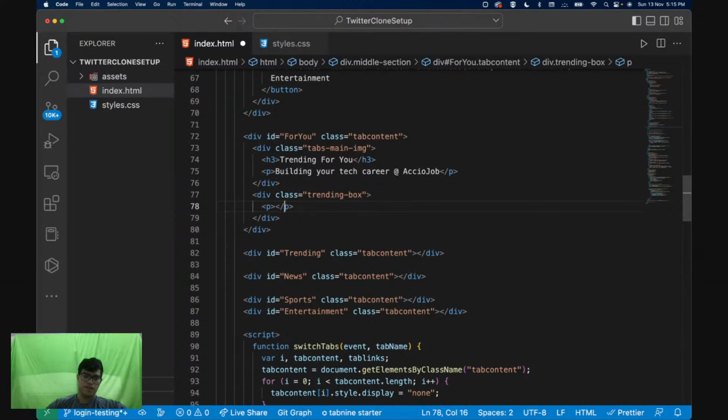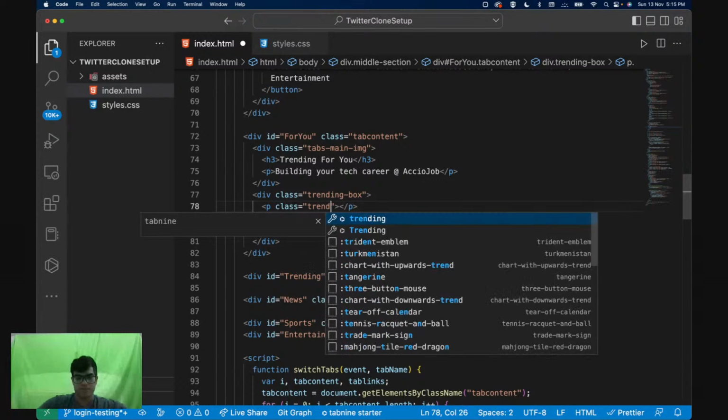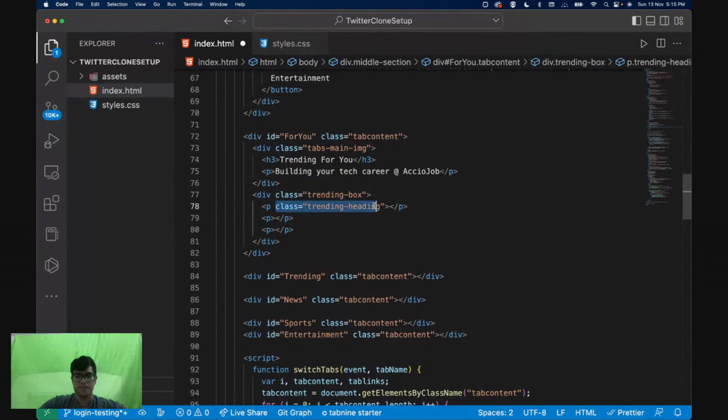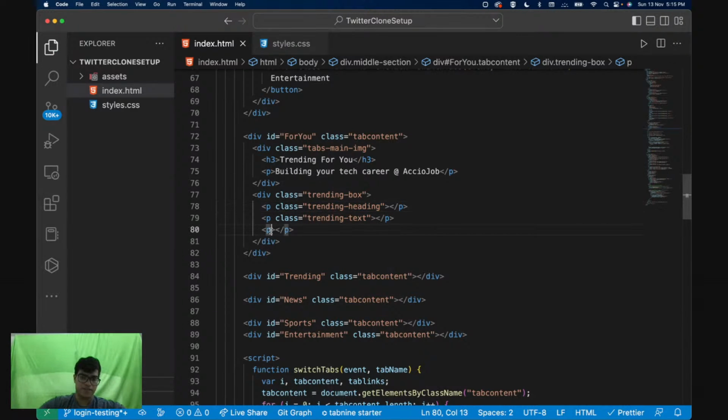The class name for one will be the heading and the other will be the text. So class trending-heading, and the other will be the trending-text, and the last will again be